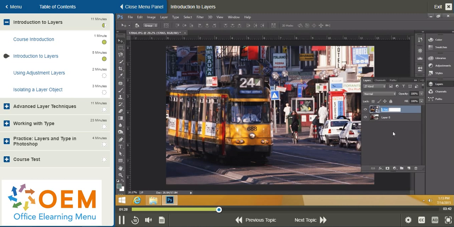Now I'm going to double click on the name and call it trolley 2. And I'll change the name of Layer 0 to trolley 1. So you can call layers anything you want. And the point of naming layers, press enter, is to be able to understand what they represent in terms of